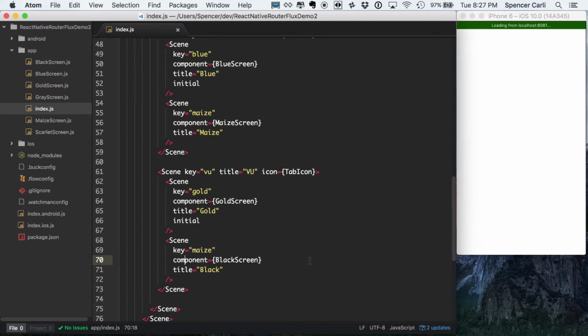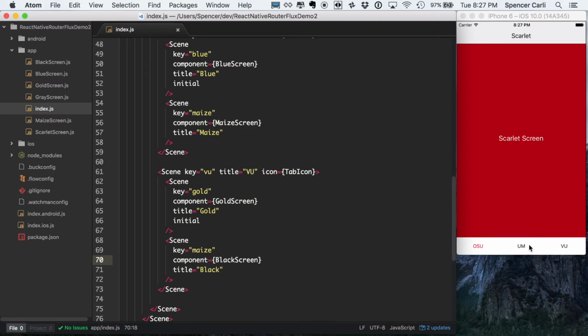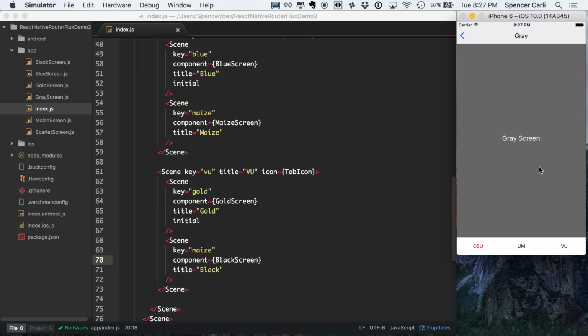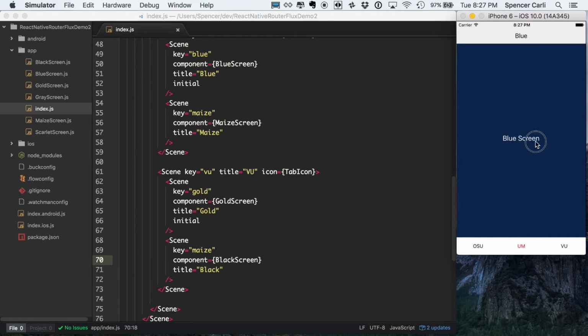Okay, so now we should have 3 tabs. Perfect. So now you can see with our very basic styles, we've got 3 separate tabs. You can click through them. You can jump from, in the OSU route, we'll go down to gray, jump over to the UM,